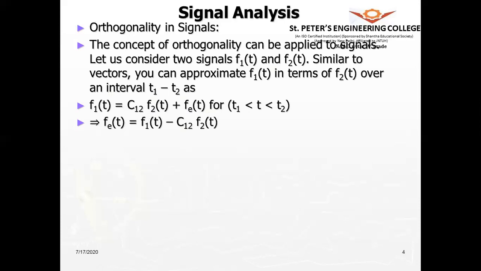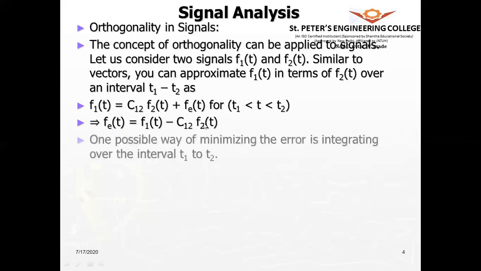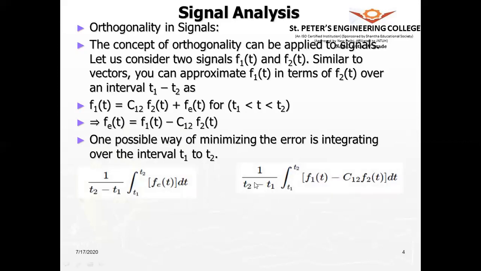So from which we can calculate the fe of t as fe of t is equal to f1 of t minus c12 f2 of t. So one possible way of minimizing this error is to integrate this over the interval t1 to t2. So when we integrate it and take the mean of that distance, then we call that